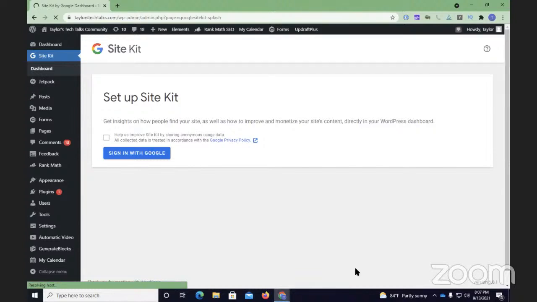The first thing that it asked me is to allow usage data to help improve the plugin. So you can go ahead and improve that now. And so what I'm going to go ahead and do is decide, do I really want to give Google Insights? I'll just check this box, by pressing space on the checkbox.